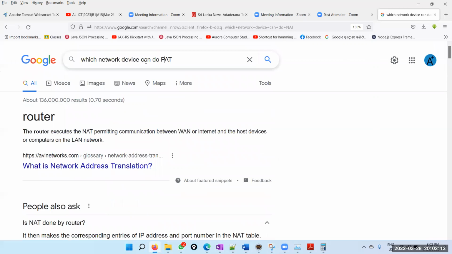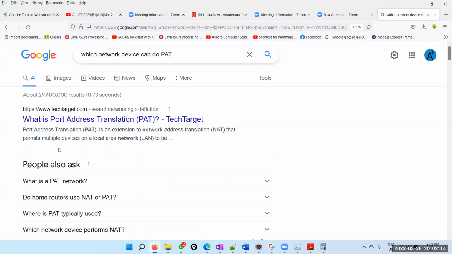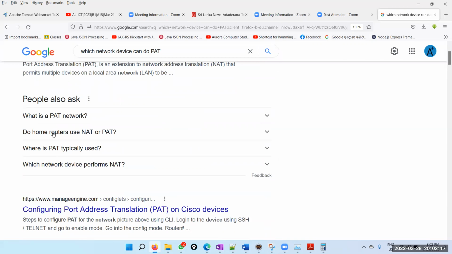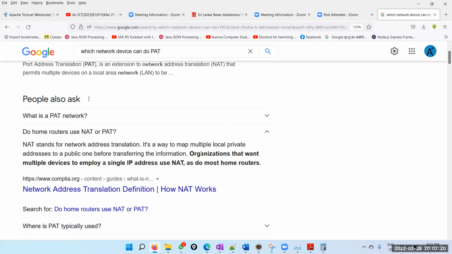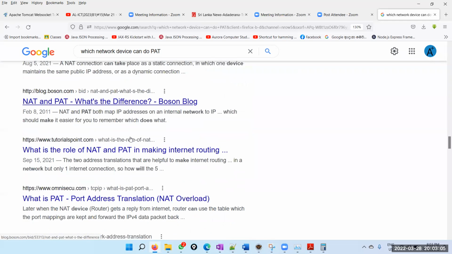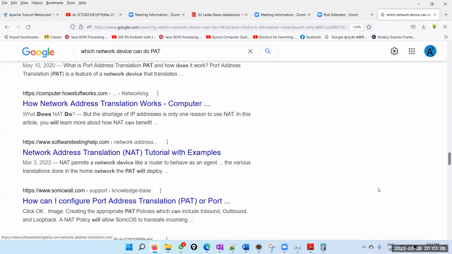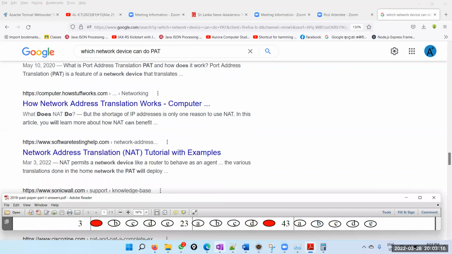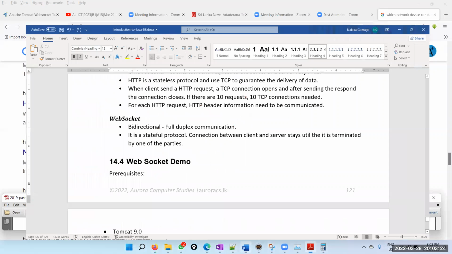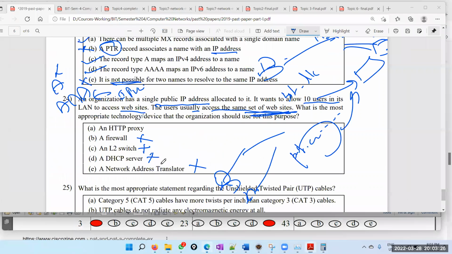According to the answer, it says proxy server, okay? Do home routers use NAT or PAT? But anyway, I can't get it from the search, but according to the answer, the PAT can be done by proxy servers, right? Proxy servers. So let's take it as the answer and just note it down. And anyway, you can do a double check, okay? By doing a Google search again. Because examiner can ask,